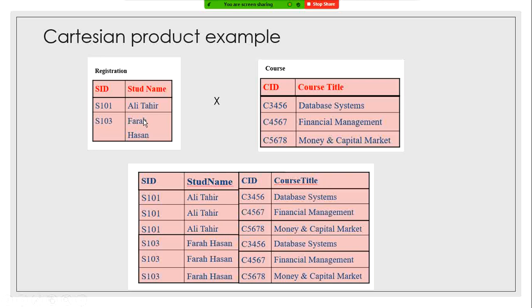And we have 2 records here and 3 records here. Means the cardinality of registration is 2 and the cardinality of course is 3. So when we multiply 2 by 3, we will have 6 records or cardinality of the resulting table. So you can see that here we have 6 records.